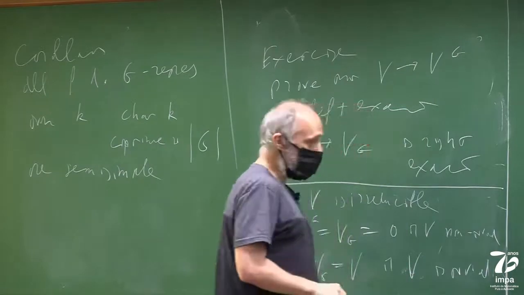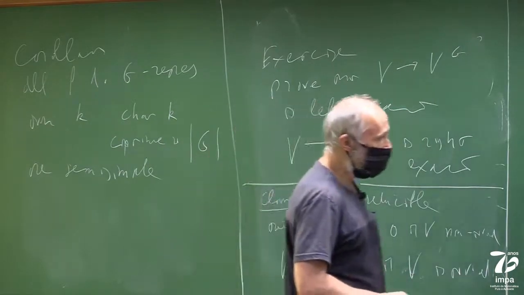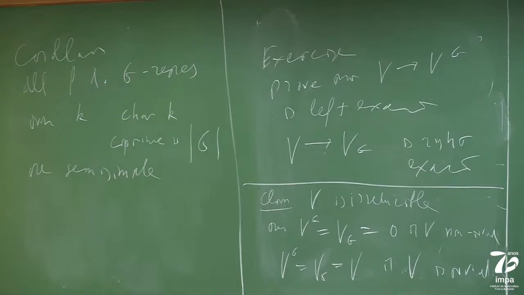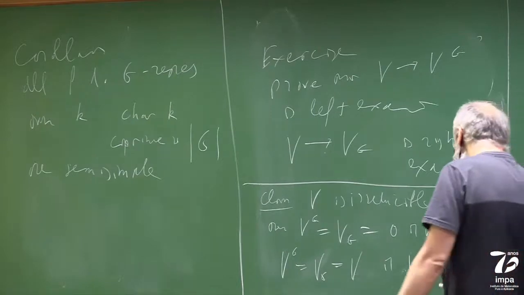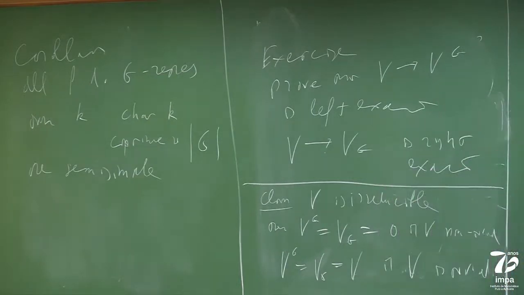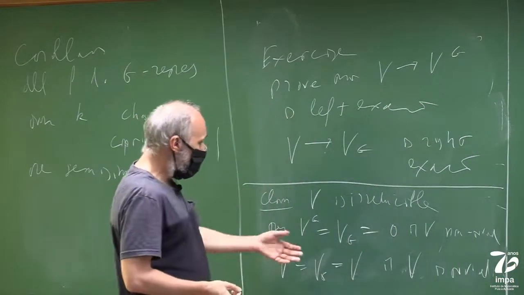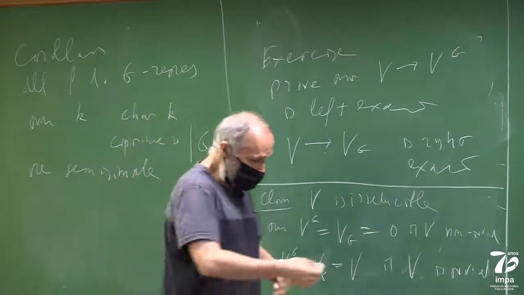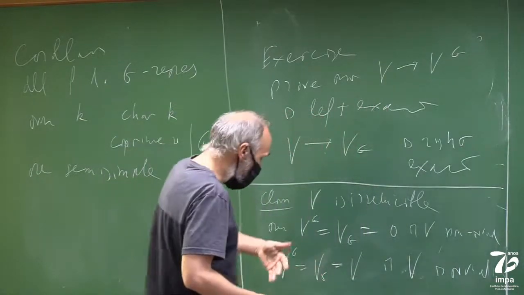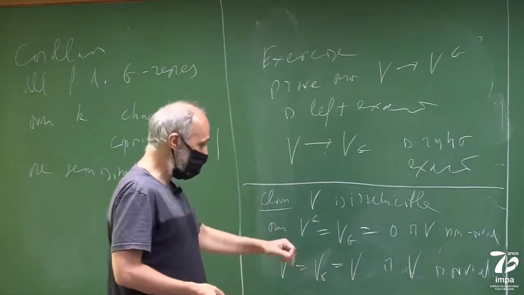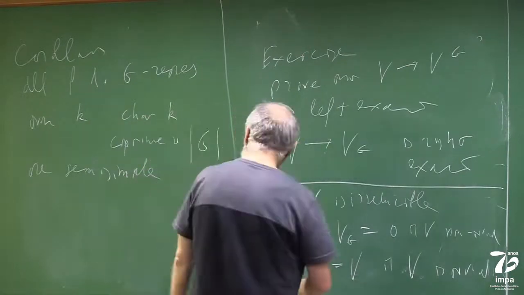So the second statement is clear, because if your action is trivial, then the invariants are just everything, and the subspace we quotient by is 0 because v is equal to gv. And the first is also trivial because you can't have non-trivial subspaces and you can't have non-trivial quotient spaces. So every subspace is either 0 or everything. If it's everything, the action is trivial. If it's 0, then the action is non-trivial. So the first is also clear. And as a corollary,